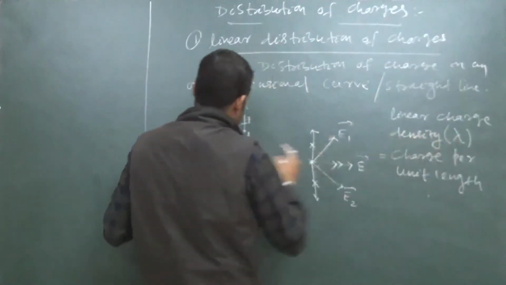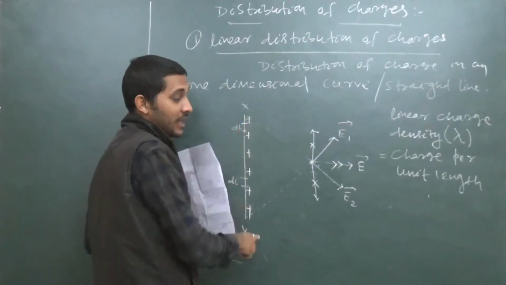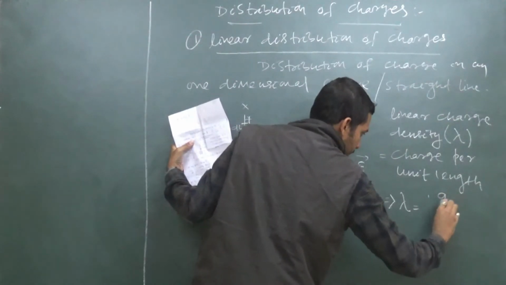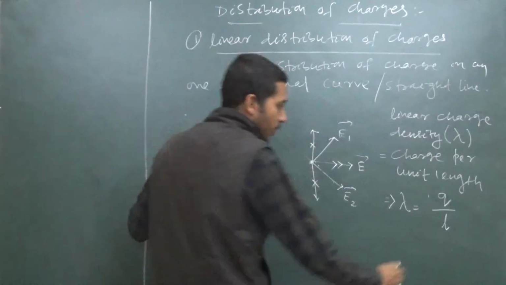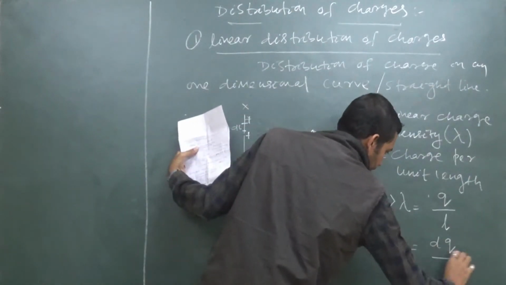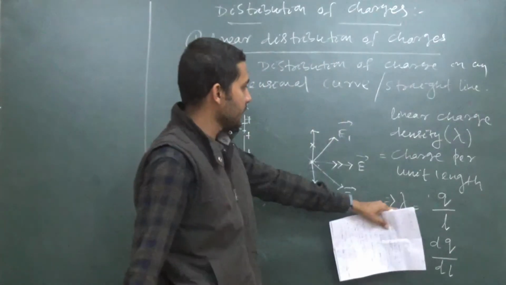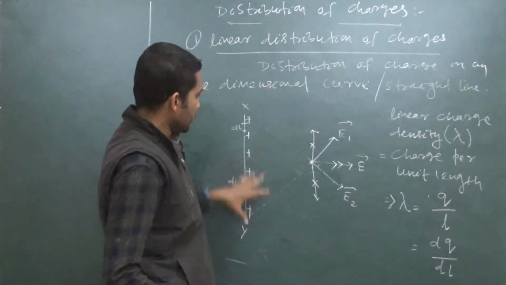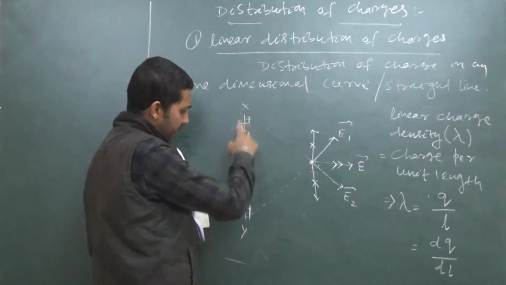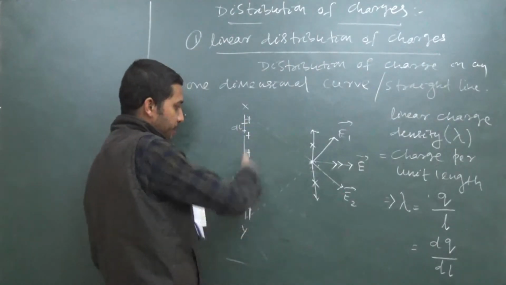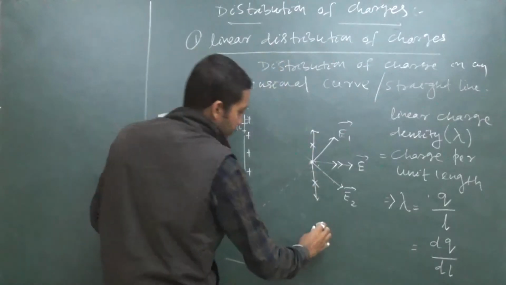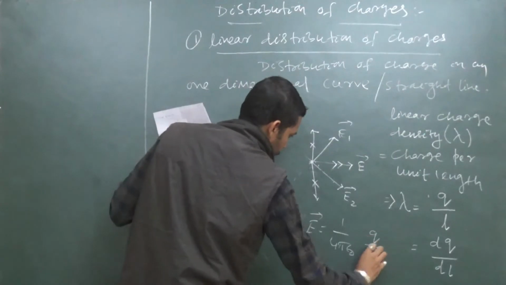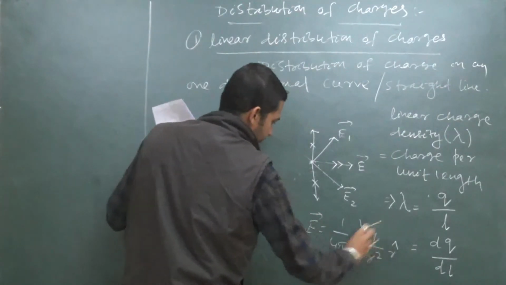So this lambda represents the total number of charges placed in a unit length. That implies we can write lambda is represented by Q divided by L, or for a small one we can also write dQ by dL. This is the expression for linear charge density, lambda equal to dQ by dL. This is the basic concept. Now, this is a line source, a one-dimensional structure. Distribution is uniform, but the expression E equals 1 upon 4 pi epsilon naught Q by R square R cap satisfies